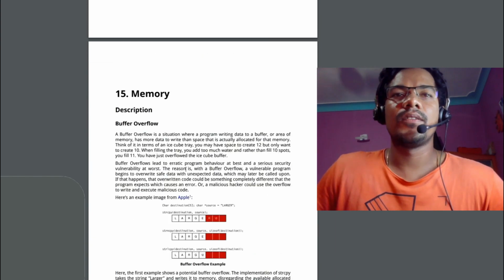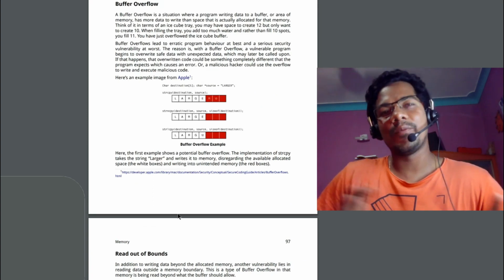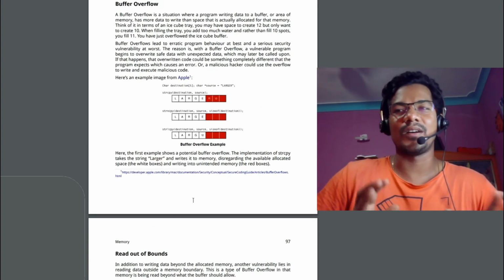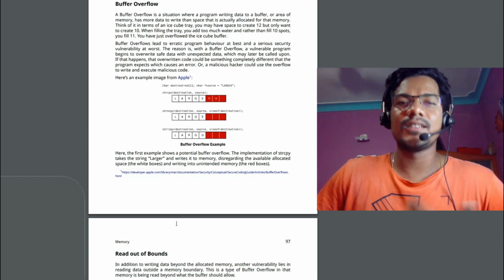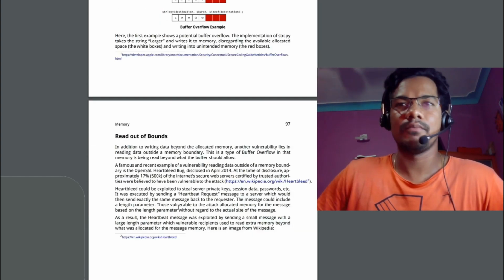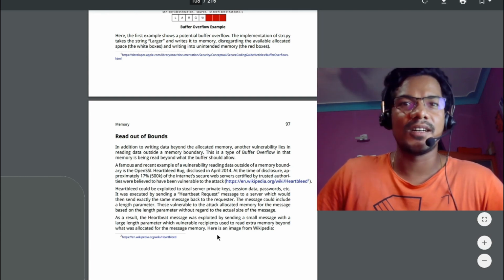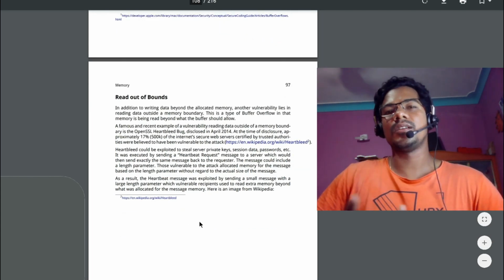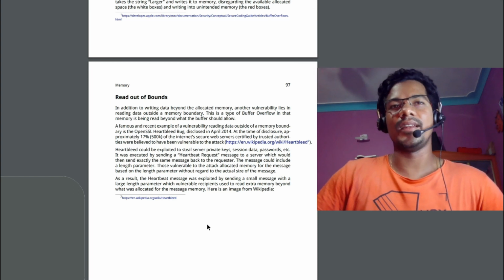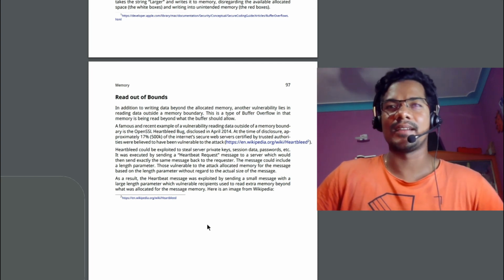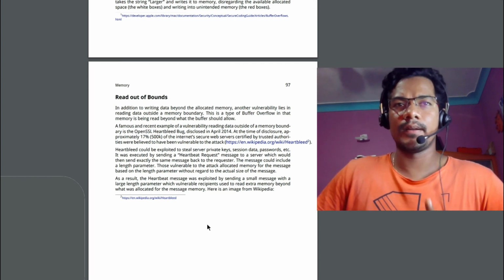Going further, yeah, memory related issue. I have already made a video on buffer overflow. How does the memory look, how does the overflow happen and all those things. So this is typically the same thing. But over here, he has explained the Heartbleed issue. It was about the memory length being validated, whereas the content was not being validated. That's the kind of issue I can remember.